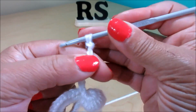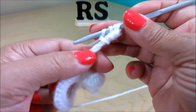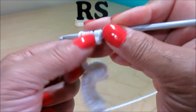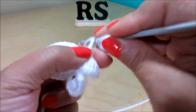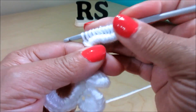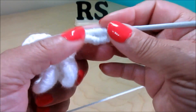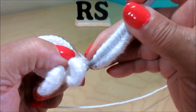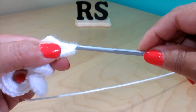You're going to do a chain. You have 2 loops. 3, 4, 5, 6, 7, 8, 9, 10, 11, 12, 13, 14, and 15. Again, you close those loops, yarn over, pass your yarn through, and here you come here, just keep one and go to the next one,